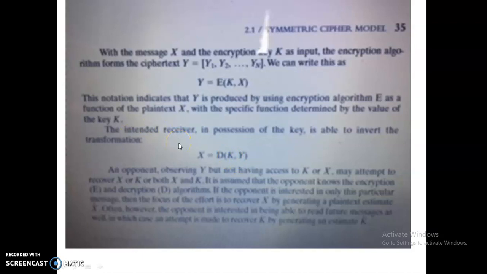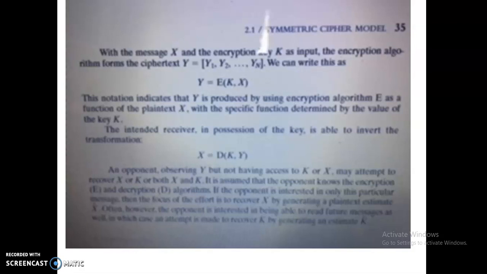Okay. Now let us take a closer look at the essential elements of a symmetric encryption scheme, as you have seen in the figure. What are the essential elements here? Some plain text, in the form of X, and Y is the ciphertext. These are the essential elements. The plain text may be in the form of alphabets. The elements of X, the plain text, are letters in some finite alphabet. Traditionally, the alphabet usually consists of the 26 letters. Nowadays, the binary alphabet 0 and 1 is typically used.